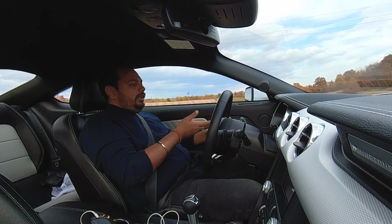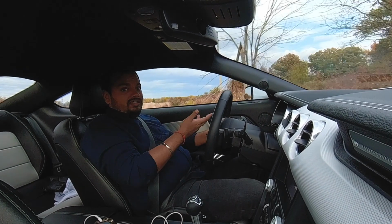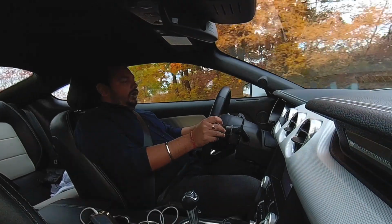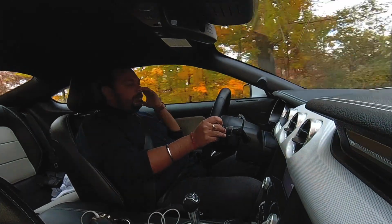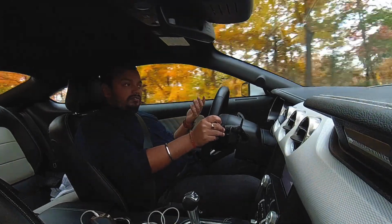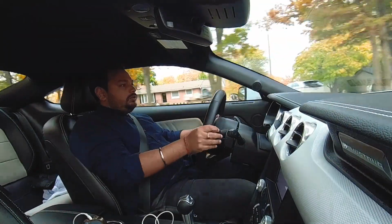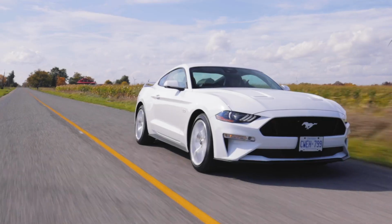I'm going at 50 kph and it was in 8th gear. If I go to 55 kph, it goes into 9th gear, which is pretty high of a gear for 50 kph. Obviously, when you do floor it, it hunts and downshifts multiple gears at once. It's pretty fast, so that way it's not a problem. And obviously you do have paddle shifters as well, which you can take matters in your own hands. You can put the gear lever into S and then shift it down,